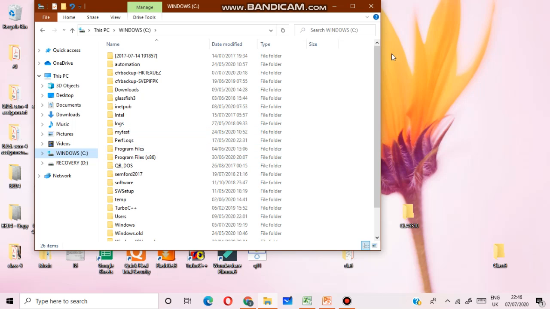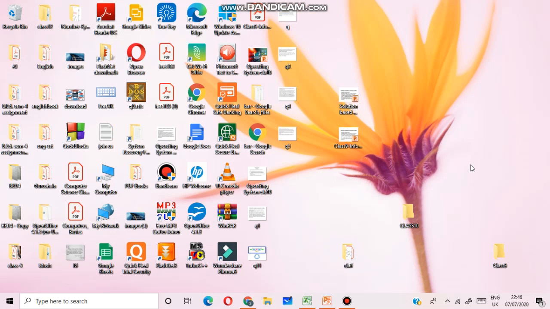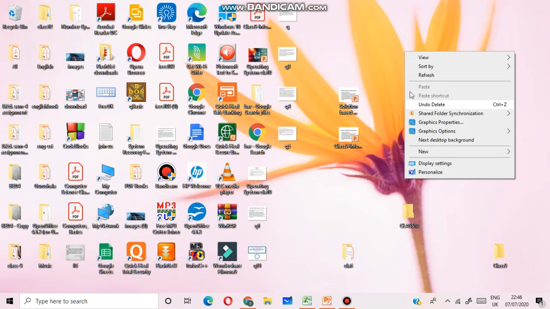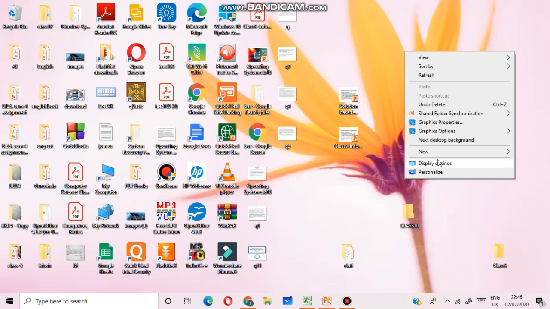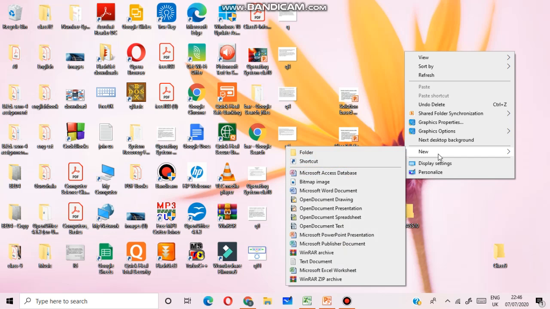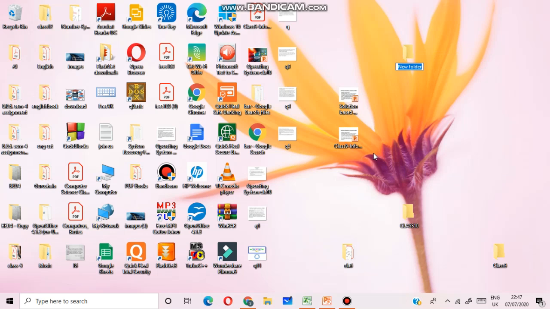Now we will learn how you create a folder. So students, you can see here, click on the desktop. Here you will select the New option. After selecting the New option, you can see the Folder option for creating a folder. You will click on it.